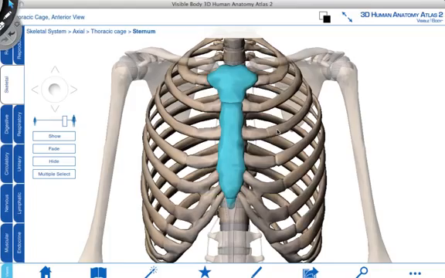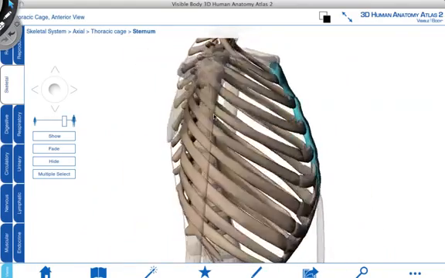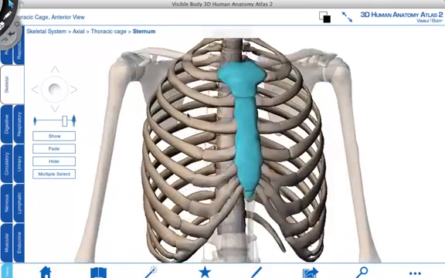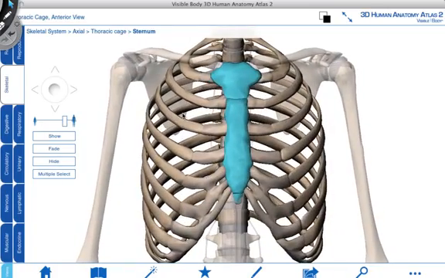The sternum is considered to be a flat bone, and if we look at it from a lateral view here we can see that it is really quite flat, and it consists of 3 major parts. So the superior part here is called the manubrium, the intermediate part is the body, and the inferior part is called the xiphoid process. On the manubrium, some of the important bony landmarks is the jugular notch, so this indentation